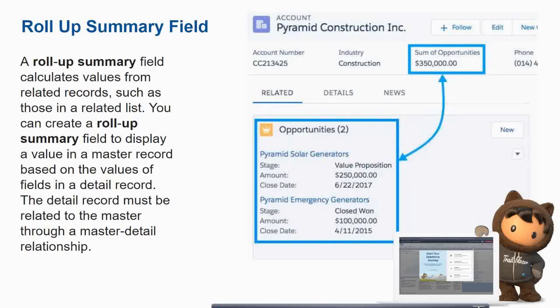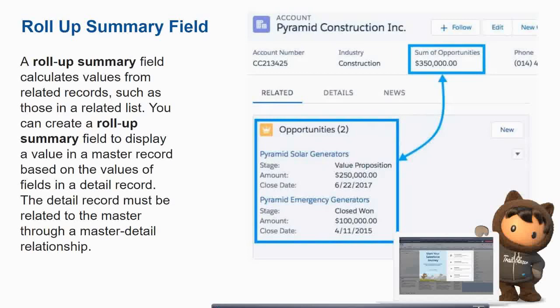In such scenarios you use this roll up summary field. Salesforce will add the values automatically and populate the sum inside the master record.